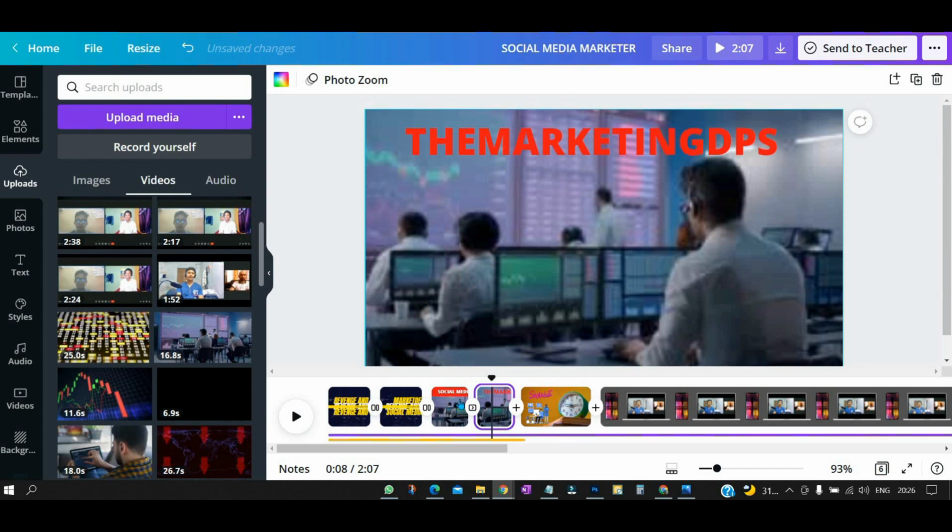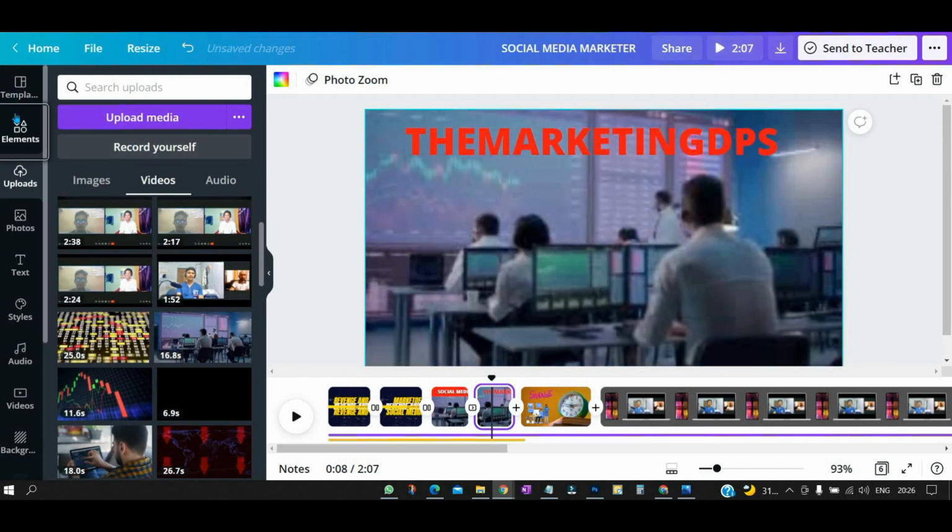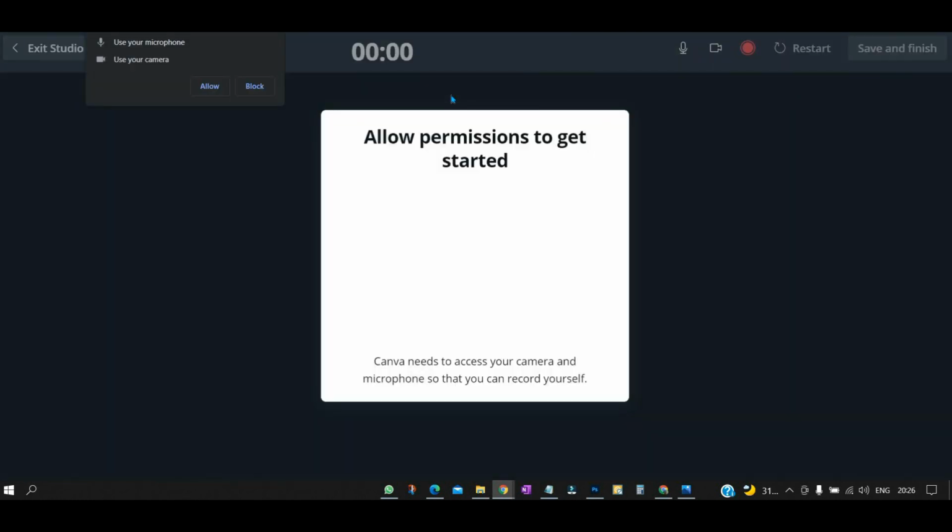And Canva is also providing one more feature, that is to record your own voice. How you can do that? Just simply go to this upload section. Suppose I'm in the element section, just go to the upload section, and here you can see record yourself, and you can literally record your own voice right over here by selecting this record yourself option. And you can see this is the timeline, and you have to allow all these things.